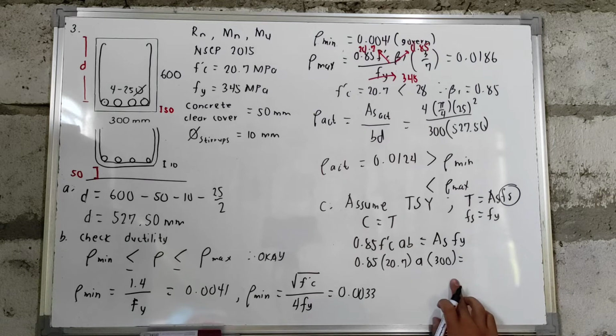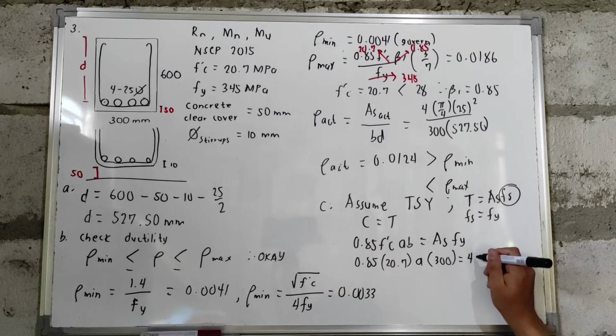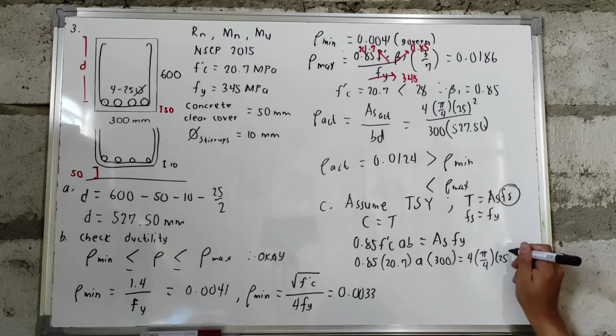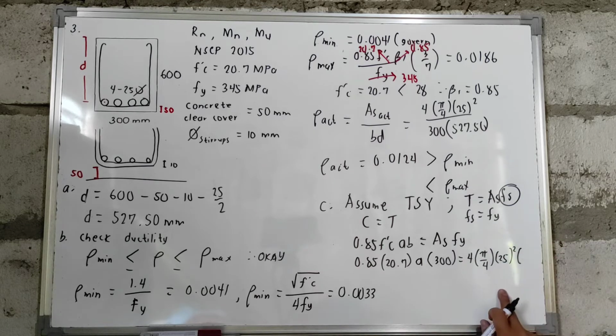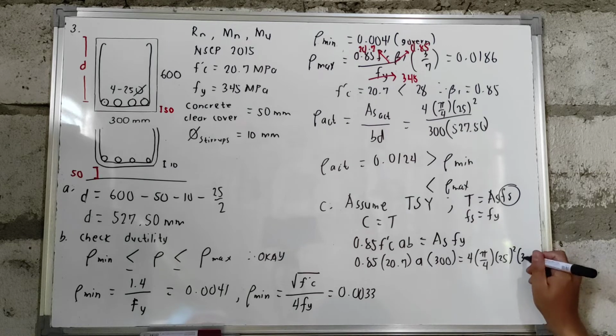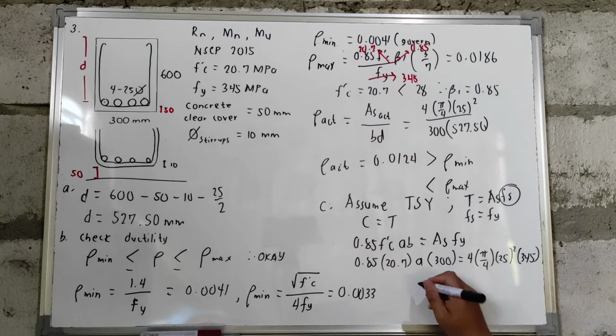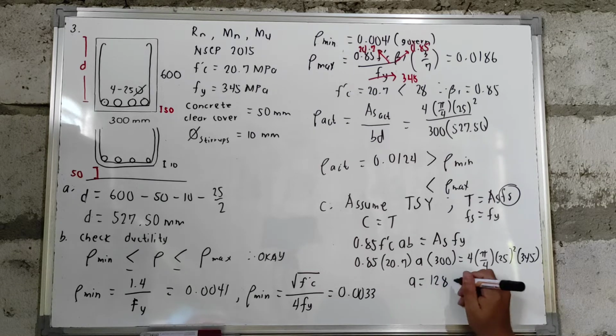And the value ng As natin, that is meron tayong 4 na bakal na merong diameter na 25 mm. And yung Fy natin, we have a value of 345 megapascal. So we can now calculate for the value of your a, which is equal to 128.33